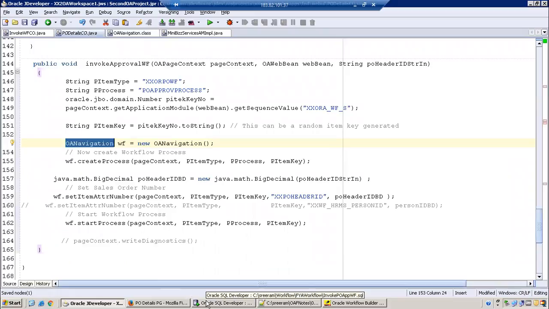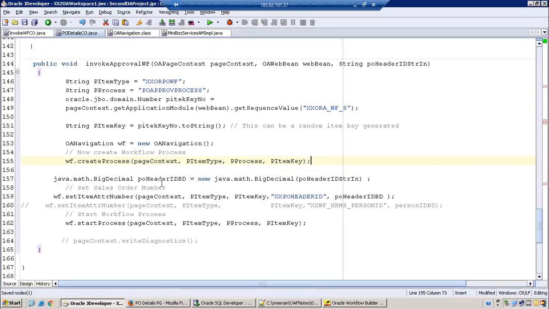Similar to our WF engine API in PL SQL. So WF.create process requires us to pass a page context and then item type, process, and item key. This page context will pass all the information of your page context, nothing but user ID, responsibility, date, and all the things, from your OAF to the workflow. The next thing is we need to pass our parameter.